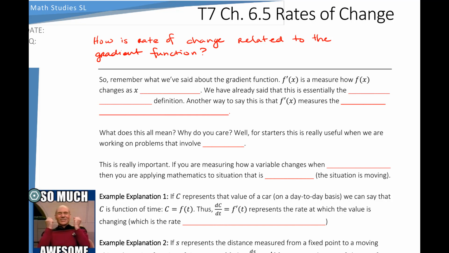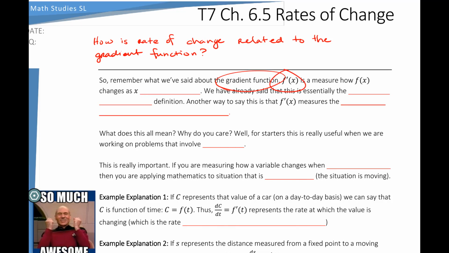So remember what we've said about the gradient function, f prime of x. That's all this is. Gradient function is just f prime of x. It's a measure of how f of x changes as x increases. Now, we have already said that this is essentially the slope, or otherwise known as the gradient definition. But another way to say this is that f prime of x measures the rate of change